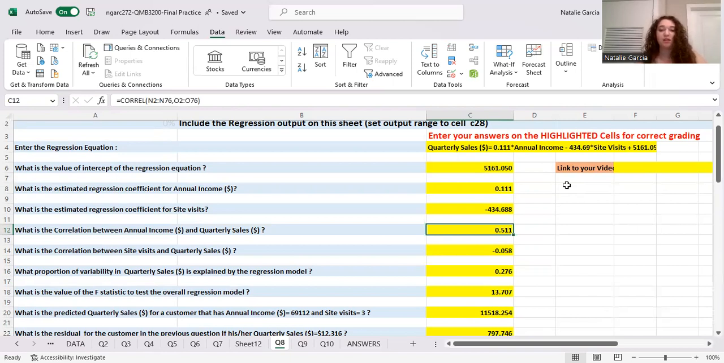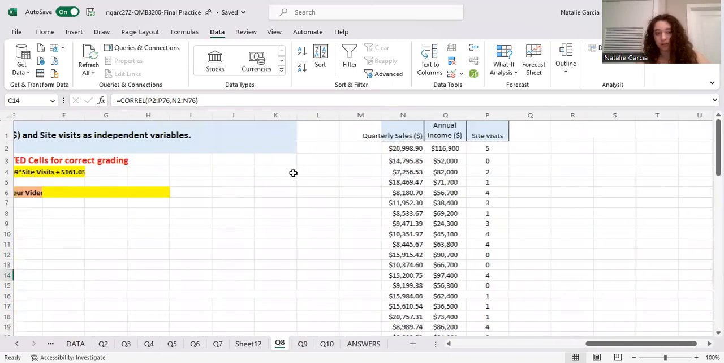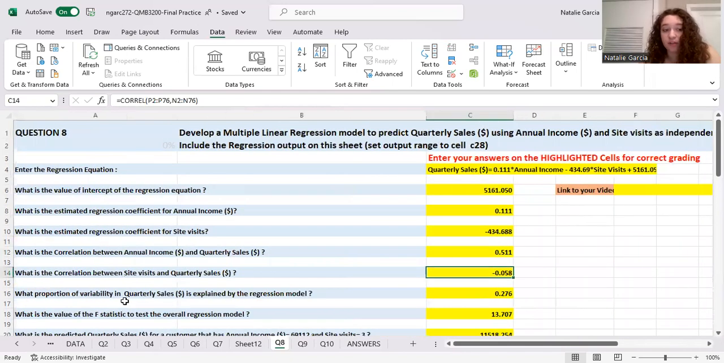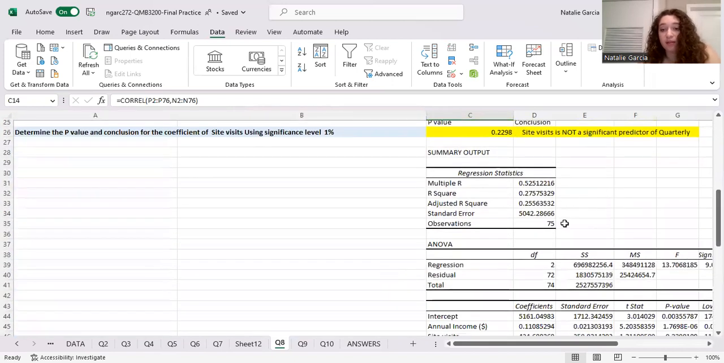When you are checking, you can see here when I click on it, that's exactly what it did. These are the ranges for my selected site visits and quarterly sales. For the purpose of proportion of variability in quarterly sales, that's going to be described by the,